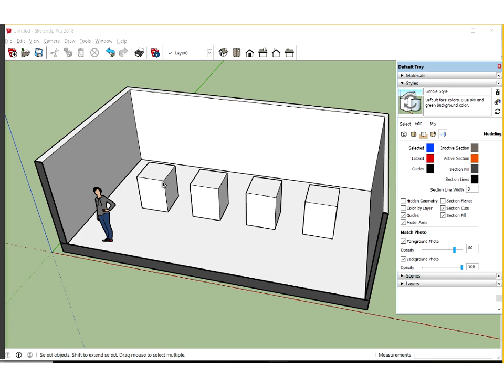Now remember that we made this object into a component. So what's the benefit of using components as opposed to groups? One of the things is that once we modify one,